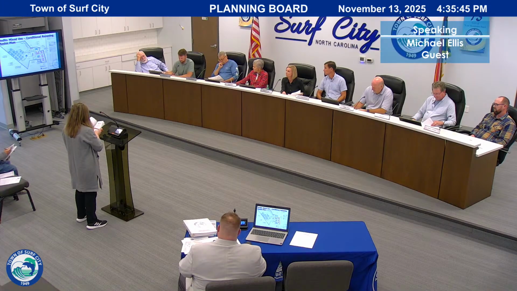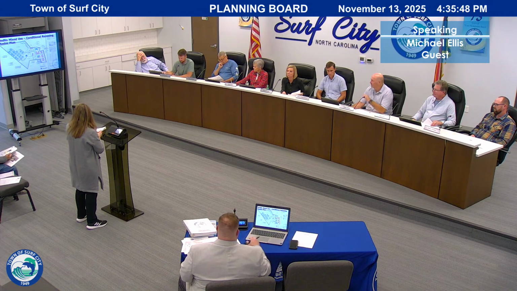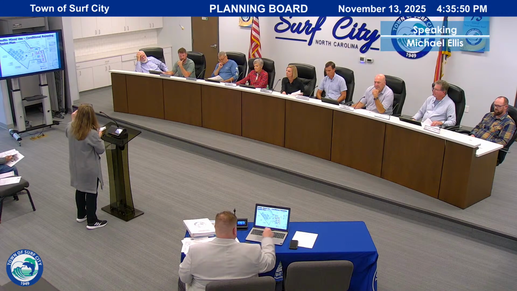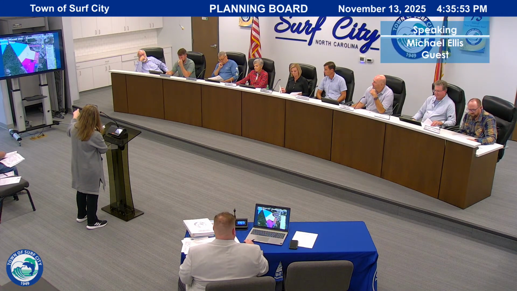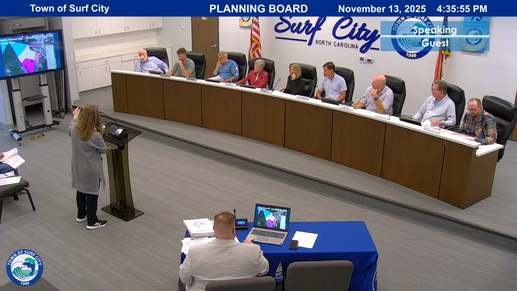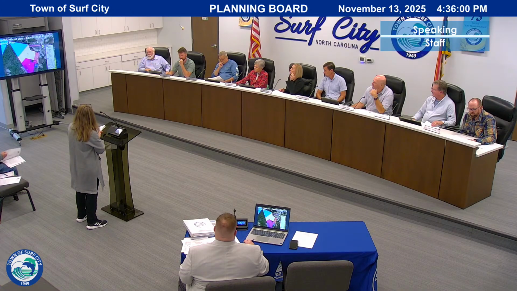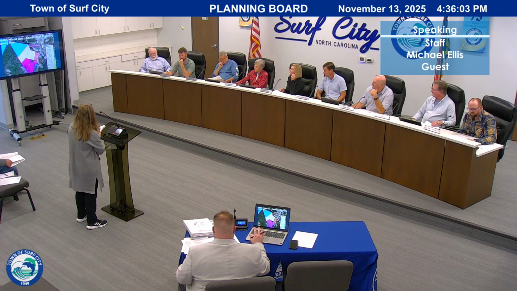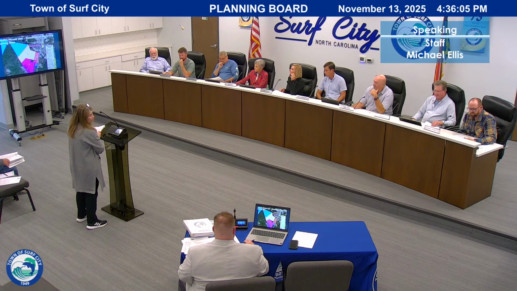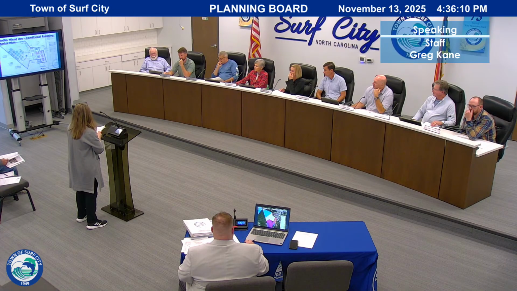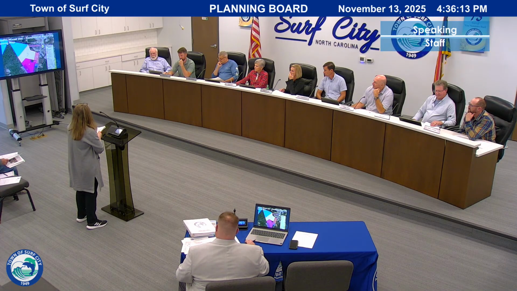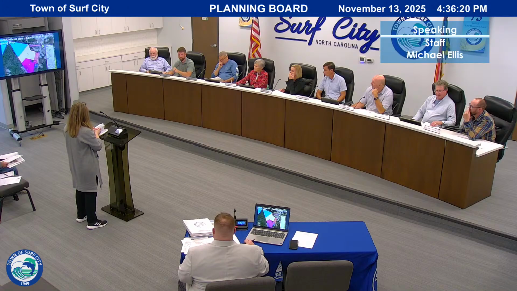Jeremy, is the adjacent property directly behind the townhomes the Moose Lodge or is that a different tract? I think that's different. I think the Moose Lodge is just below where the blue and the yellow are. This right here, the Moose Lodge tract goes all the way back here. It's large. In fact, please correct me if I'm wrong, I believe there's some hunting that goes on out there this time of year. But this rear portion, on this map where I'm circling, that's the Moose Lodge property. And I am sorry, I do not remember who owns this property. Not the applicant's property? No.